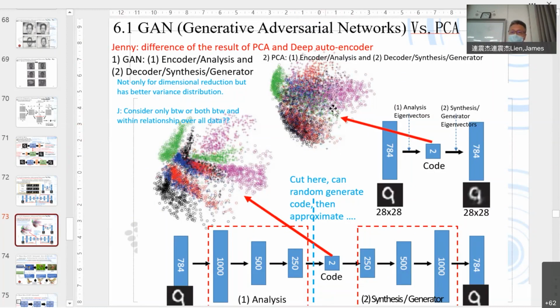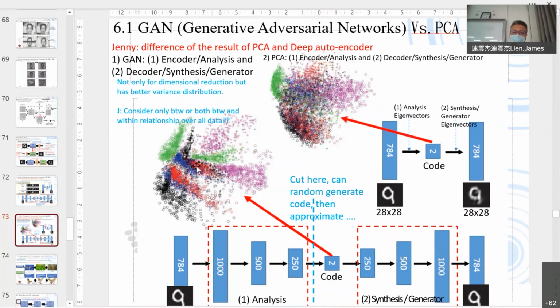PCA has this problem: sometimes the classes will mix together and are still not well separated. So that's why we need a discriminator for PCA. When we do face recognition, you can use PCA plus LDA or SVM, because LDA and SVM are discriminators. PCA is not a discriminator.